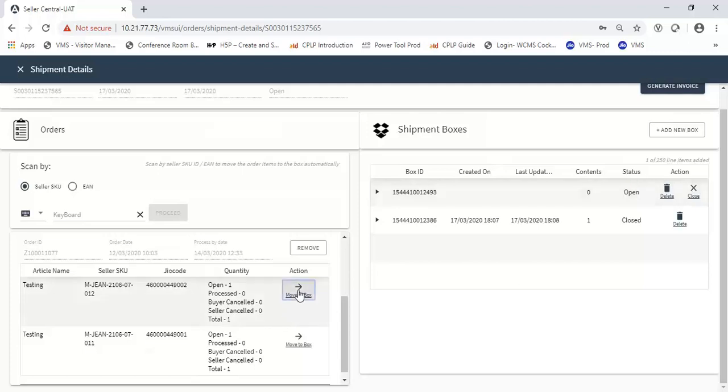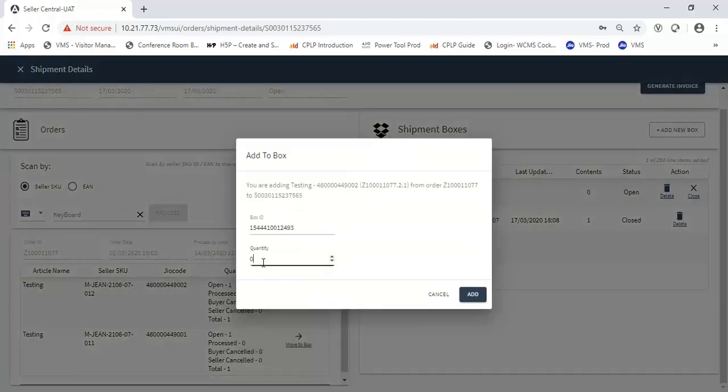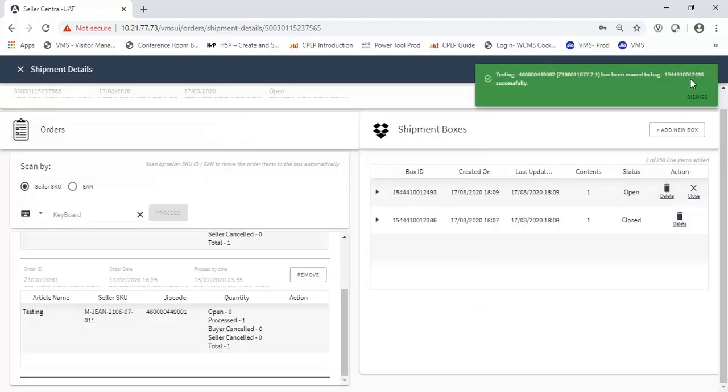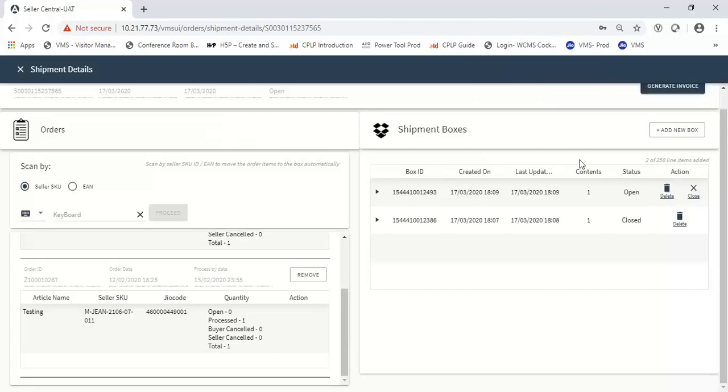Now you can click on move to box and choose the quantity from the drop down of how many items you want to process. Here there is only one open, so we'll choose one and we'll click on add. As we add, the item added to product successfully message is displayed here.